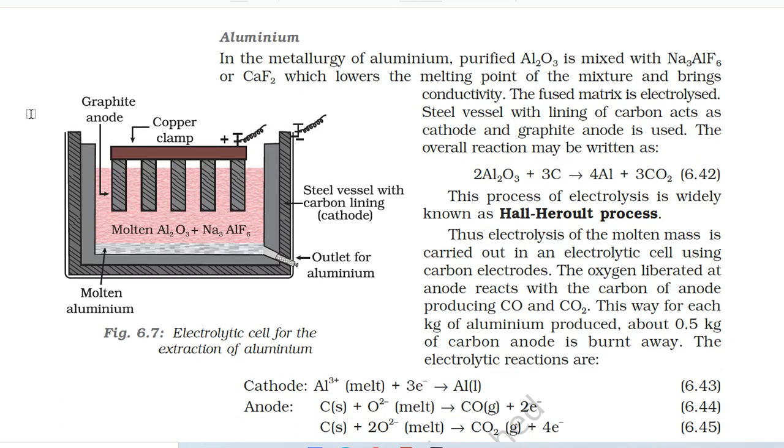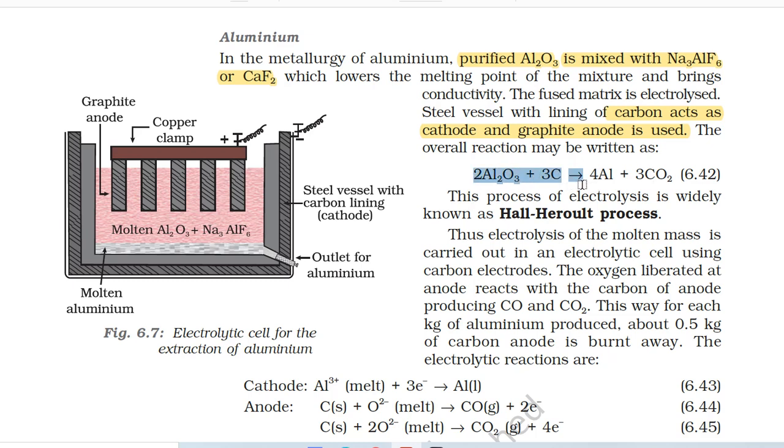In the metallurgy of aluminium, purified Al2O3 is mixed with Na3AlF6 or CaF2, which lowers the melting point of the mixture and brings conductivity. The fused matrix is electrolyzed. A steel vessel with a lining of carbon acts as the cathode, and a graphite anode is used. The overall reaction may be written as